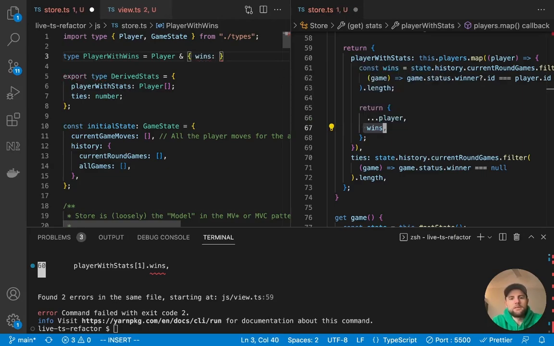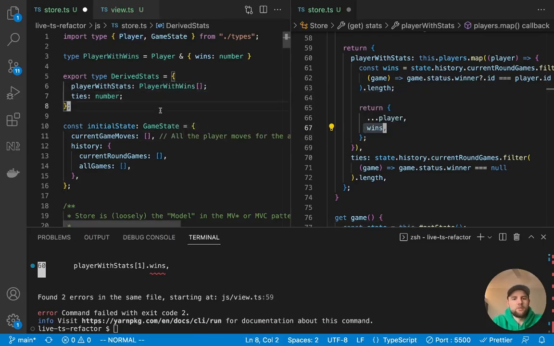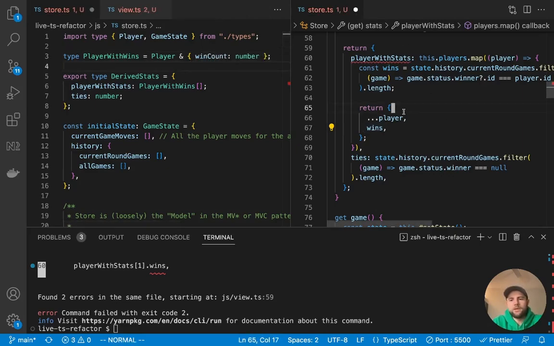So we can say wins, and that will be a number. So now player with wins represents what we're returning here, and we can pass that in right here. Now if we would call this, once again, win count, now it's going to be mad because we're calling this wins here, but our actual type is win count. So let's match this back up.